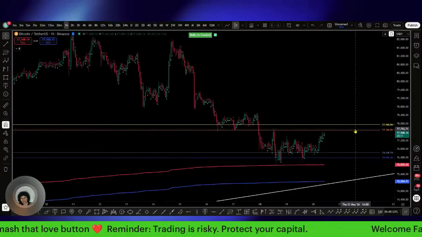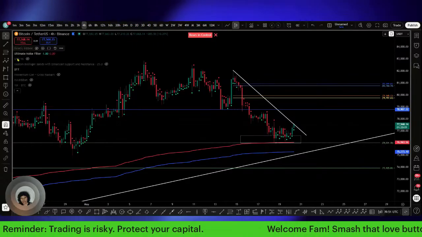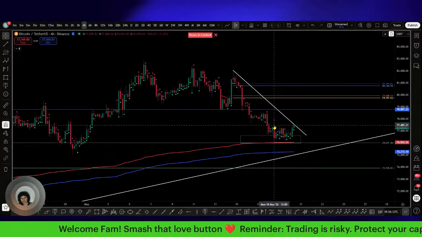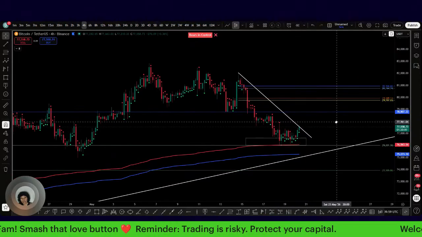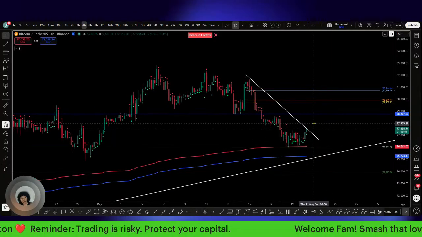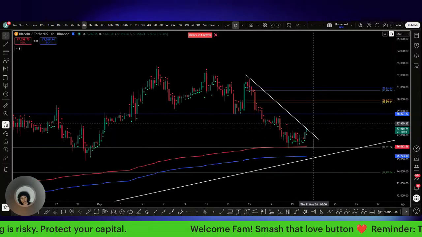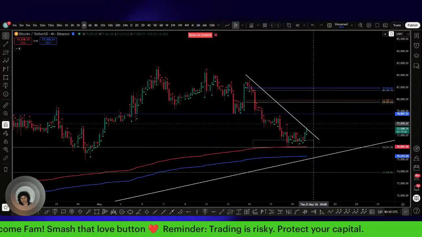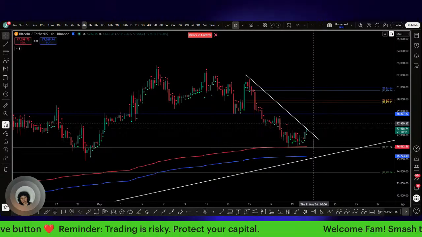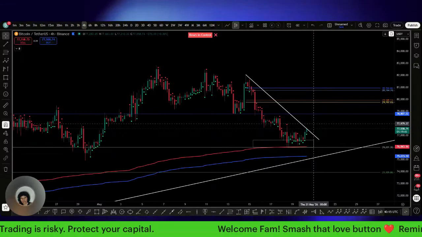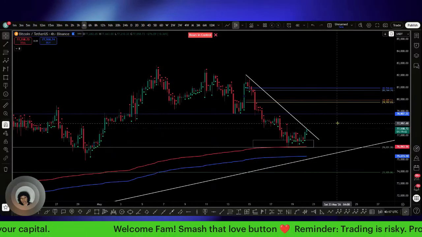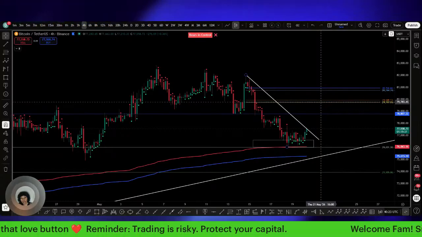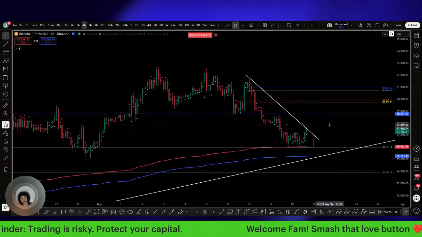You know, I just like to recap on some things. We're talking about the fact that we had the squeeze in here, and I said to you the only way to release that squeeze is for it to break to the upside. So I know it's going to break to the upside, but I can't tell you how much it's going to give when it does. For all I know, it could be this much right here, and that can be it. I'm looking for higher. I'm looking for us to get into here. Obviously, I'm talking about it, so that's what I'm looking for. At the end of the day, that is what I'm looking for. Price to get in here. I just want to be concrete on me saying that.